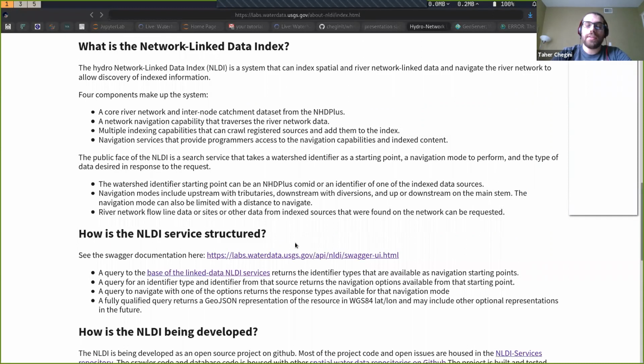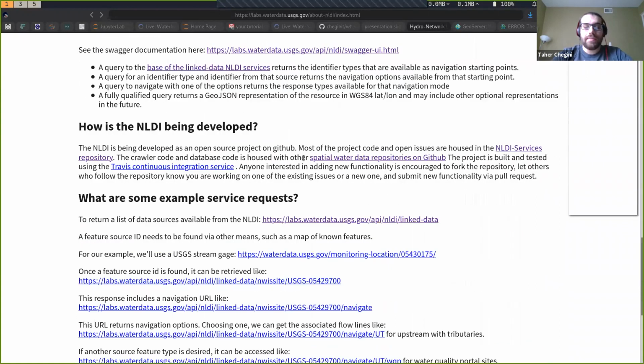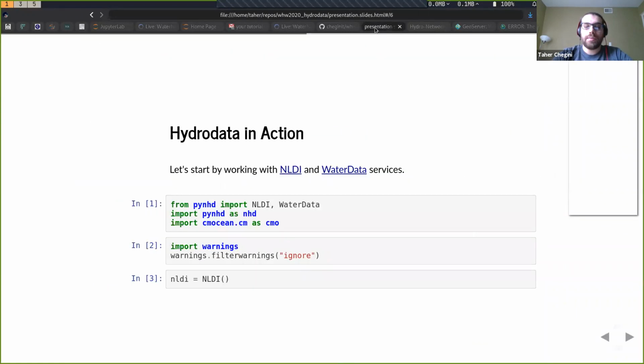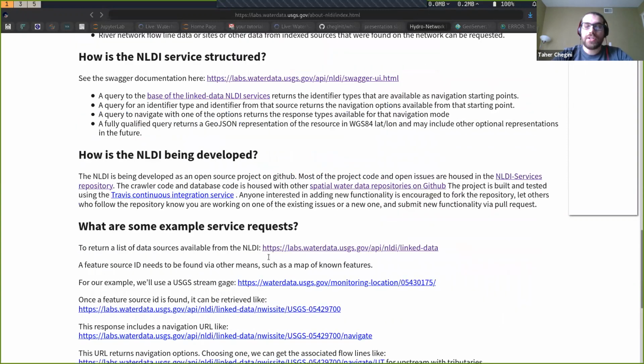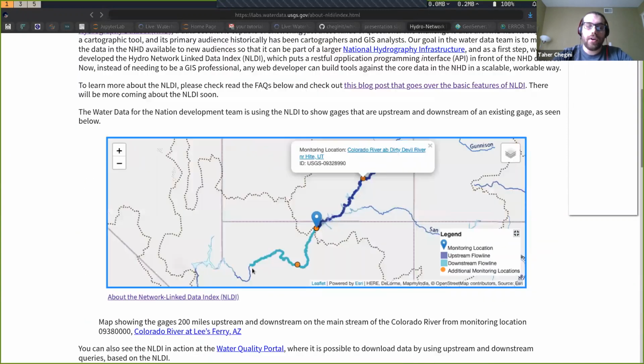It also offers some other things that I'm going to discuss later on in the tutorial. I provided the link in the presentation. If you click on it, there are some resources available, and you can go into more details. But essentially, the heart of the service is that it gives you the ability to navigate the NHDPlus